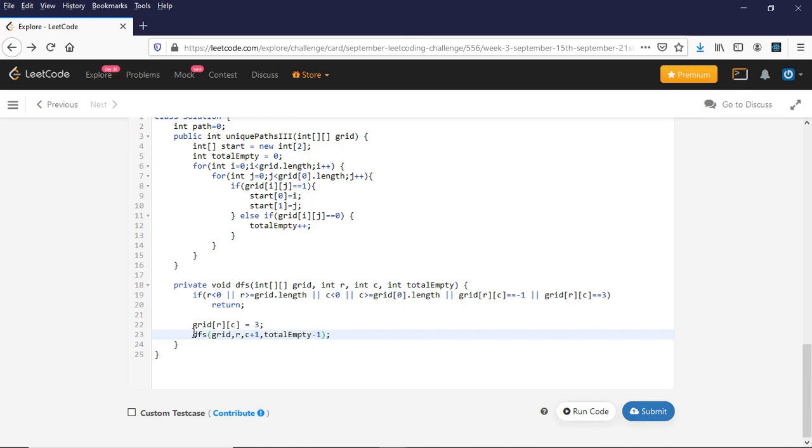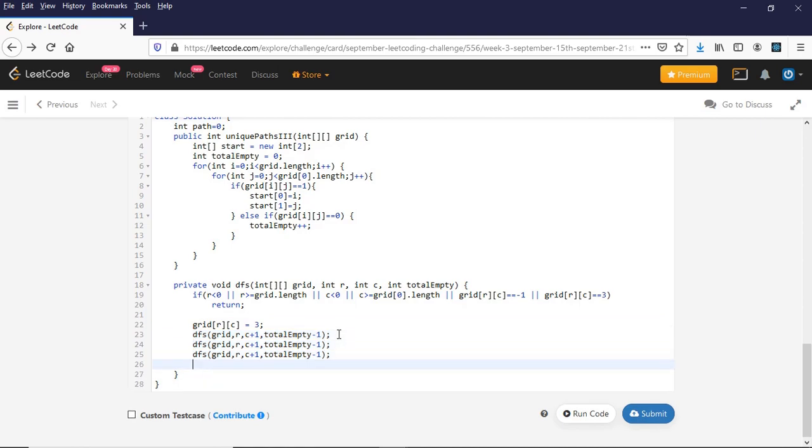Similarly we have to do this for all other 3 directions. This will be -1 for column, and then column will remain the same, and I'll do row +1 and -1.